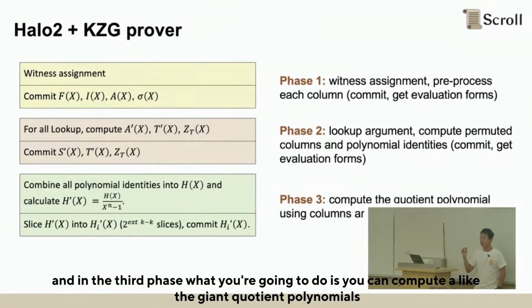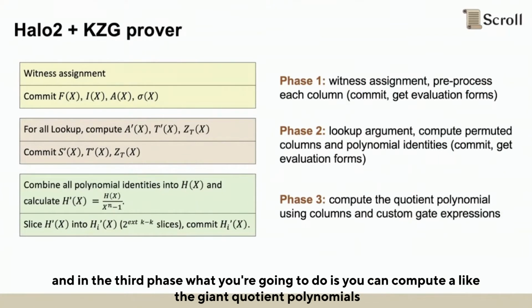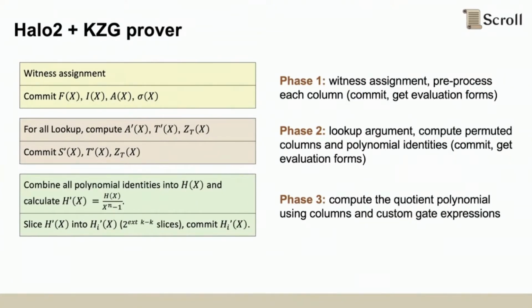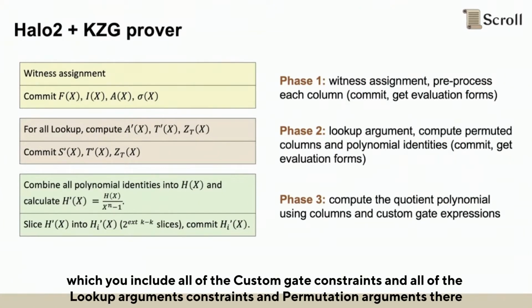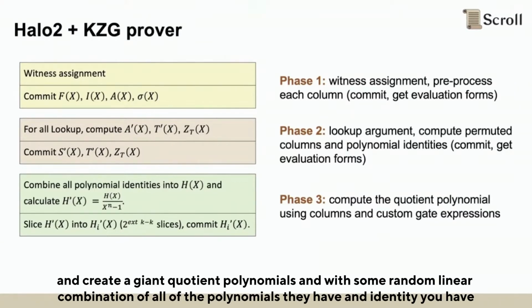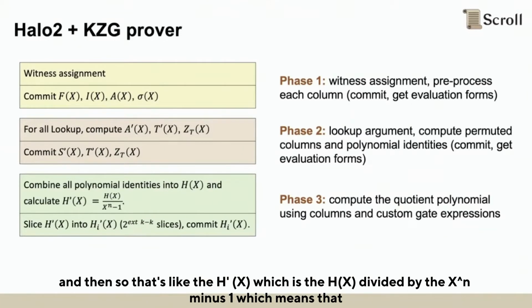And in the third phase, what you're going to do is compute the giant quotient polynomial, which includes all of the custom gates constraints, and all of the lookup arguments constraints, and the computation arguments there, and then create a giant quotient polynomial, with some random linear combination of all of the polynomial identities you have. And then, so that's the h'(x), which is the h(x) divided by x^n minus 1,